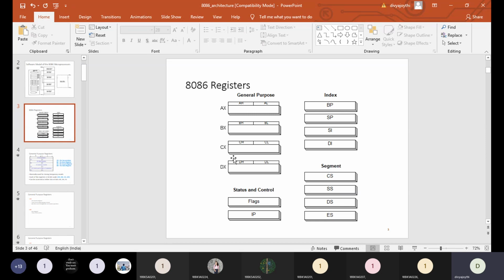See here, these are the general purpose registers: AX, BX, CX and DX. These four registers are called general purpose registers. So what are general purpose registers?